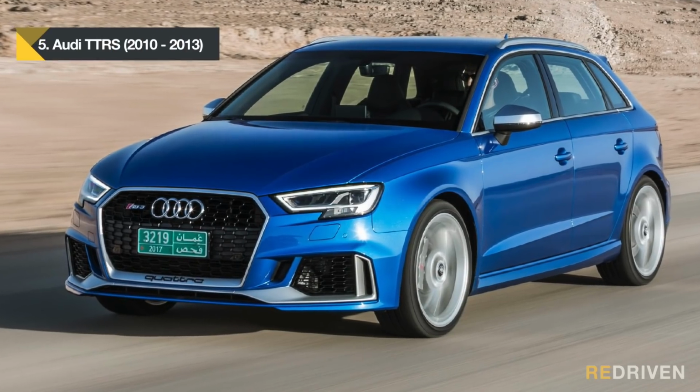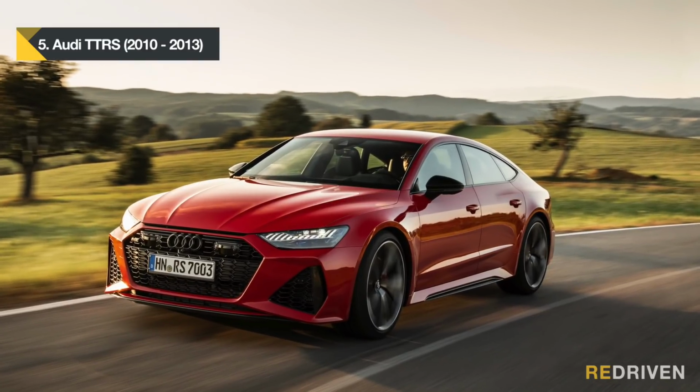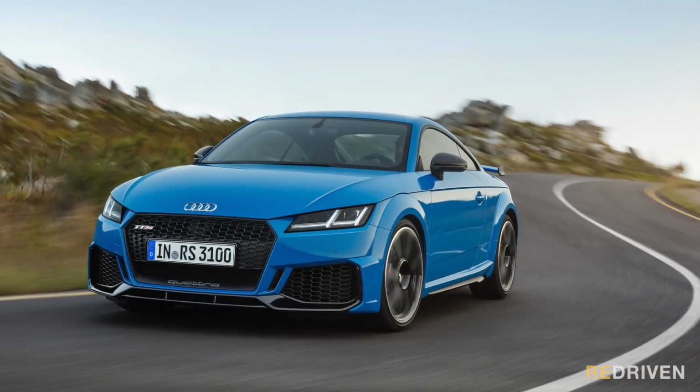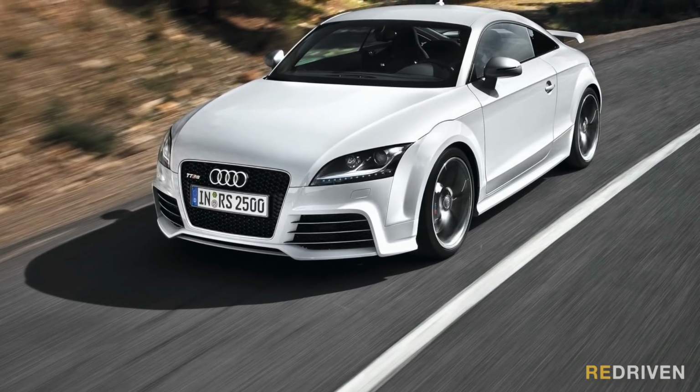Kicking off the list, it's the most muscular variant of a car that many people associate with hairdressers, yet it is from a German manufacturer that has some pretty serious rally heritage. It's the Audi TT RS. While the likes of the RS3, 4, 5, 6 and 7 generally hog the spotlight, not to mention the sublime R8, the powerhouse quattro that we all seem to forget about is the TT RS, and in particular, the 2010